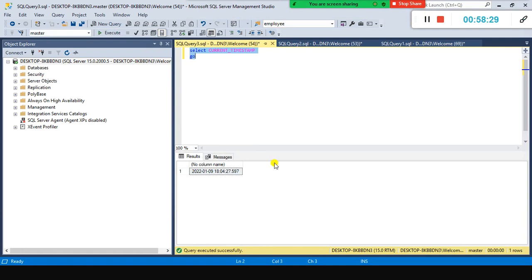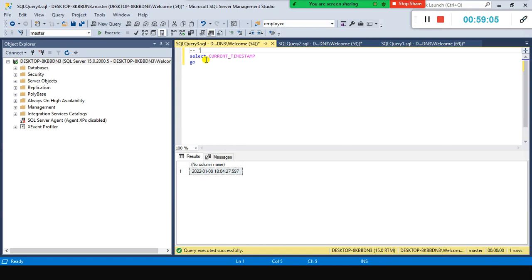So the date format in SQL Server is like this. The year, month, date. What is this? Hour, minute. And what is the last one? Hour, minute, second, and millisecond. This is called the milliseconds, in triple M format. So it is in this format. I'm going to use a comment. How do you specify a comment? Prefix your comment by double hyphen.